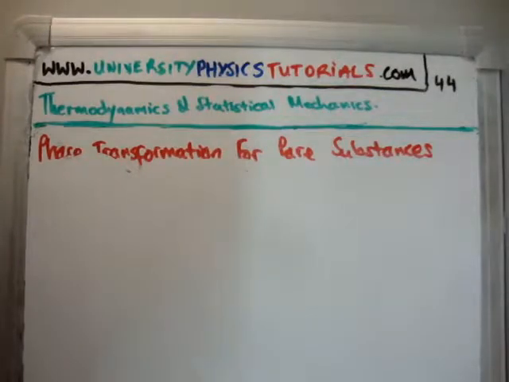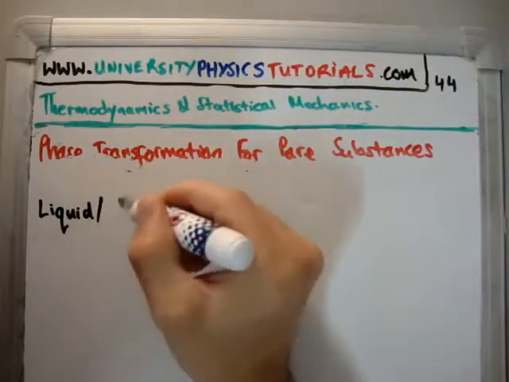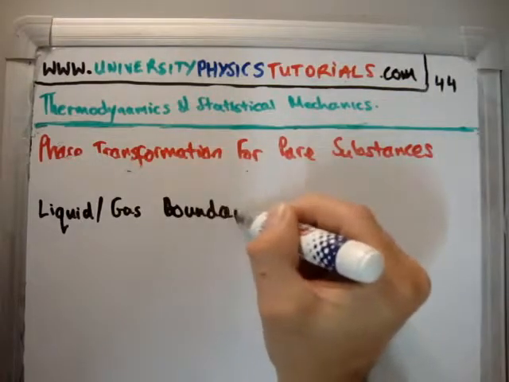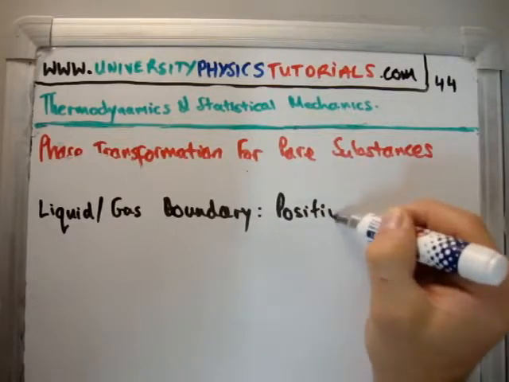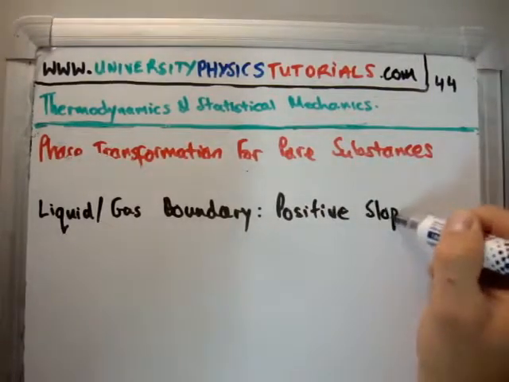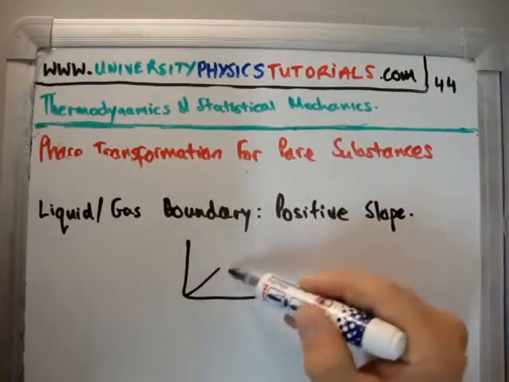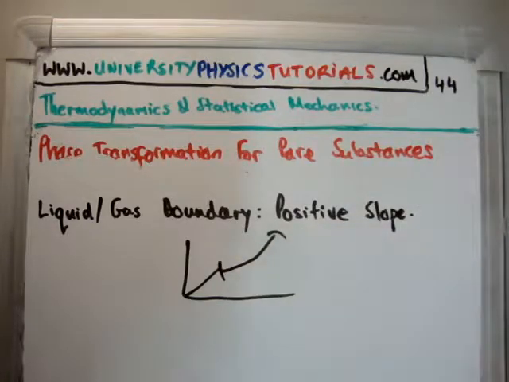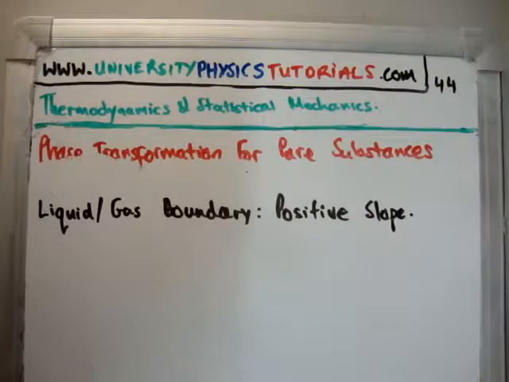Well, we need to look at the liquid gas boundary. So the liquid gas boundary has a positive slope. Okay, so if you remember a moment ago, our liquid gas boundary looked like this from here to here. It looked like that. So it has a positive slope,